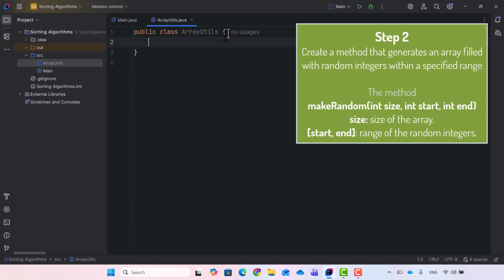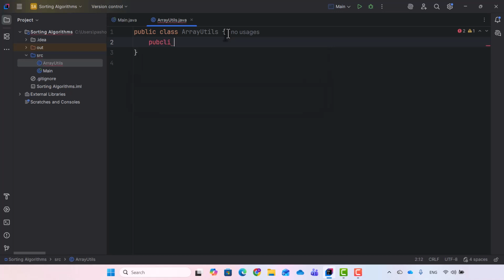The first utility method we need to write in this class is a method that creates a new array filled with random values, using the size and value range specified as parameters to the method. The method will be static, so we call it directly from the class, without creating an object from this class. We will call the method makeRandom, typing public static, and since the method will return an integer array filled with random values, the return value will be an array of integer and the name will be